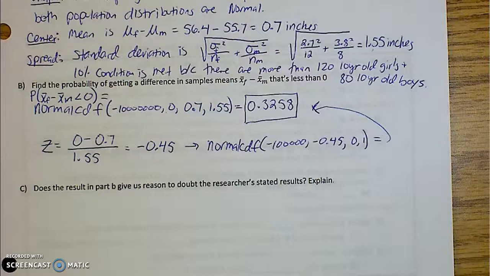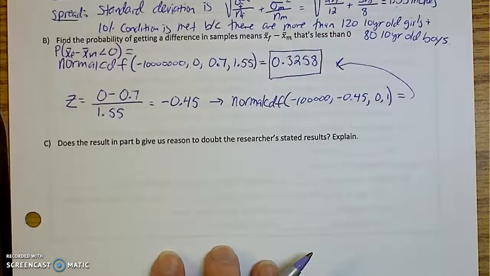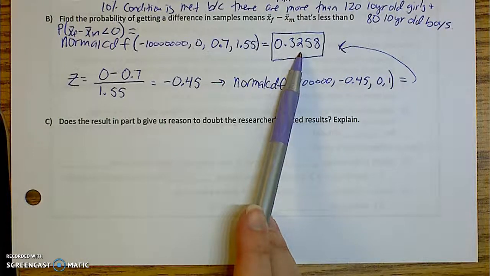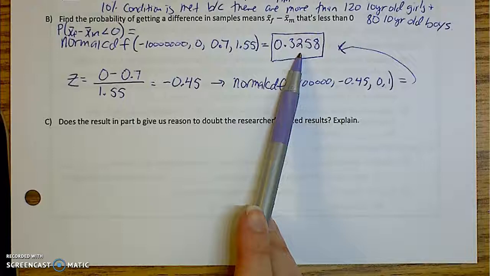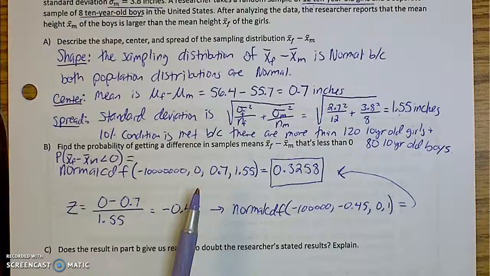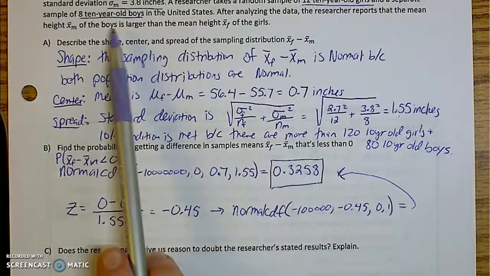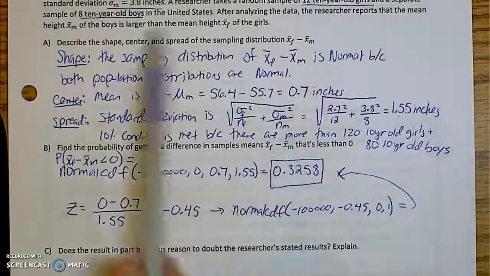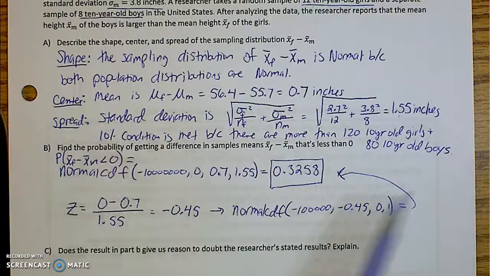So lastly, part C. Does the result in part B give us reason to doubt the researcher's stated results? Please explain. Well, let's take a look at this probability. 33%. Okay? And what was our claim? Let's go back. I don't remember. Our claim was that the mean of the boys is larger than the mean of the girls. So if the mean height of the boys is in fact greater than the mean height of the girls,